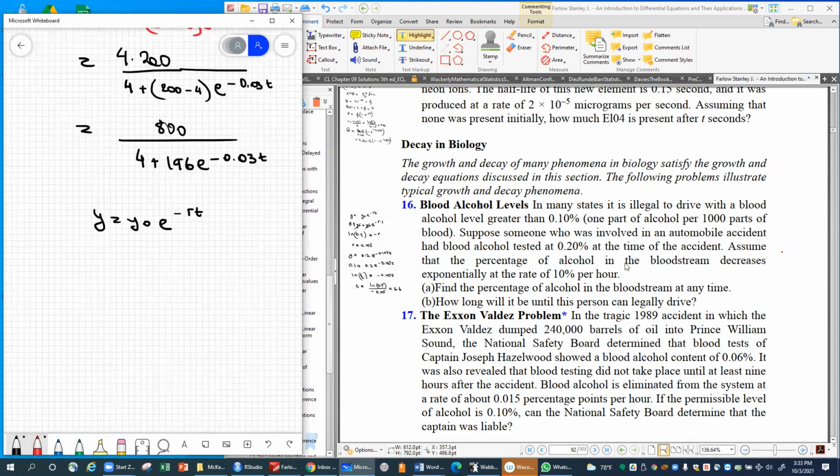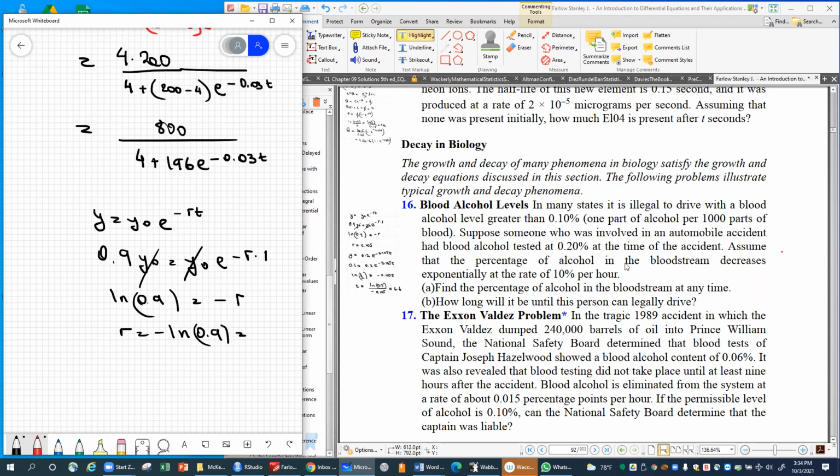So that means that after 1 hour, you have 0.9 of the original amount, e to the minus r times 1. So that will let us find r. So y0 cancels, log 0.9 equals minus r. So r is equal to negative log 0.9. And that is